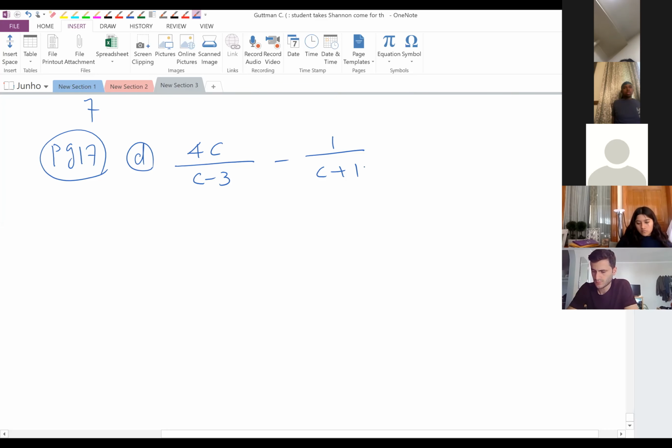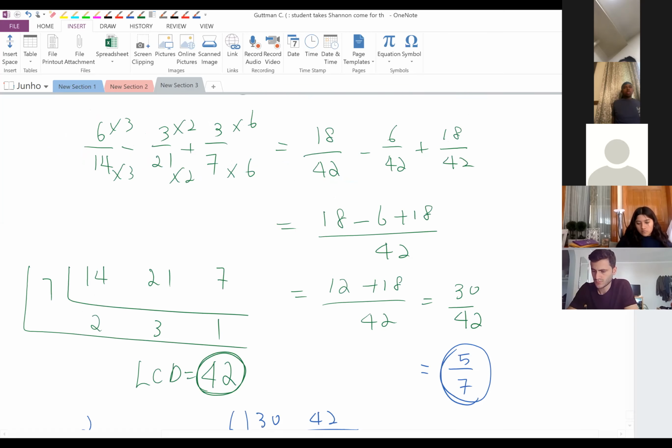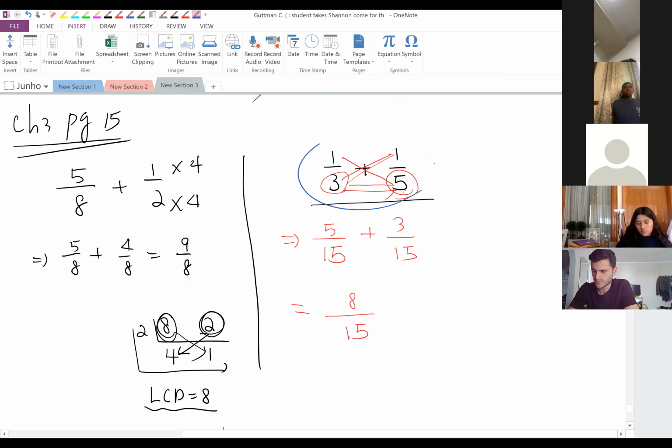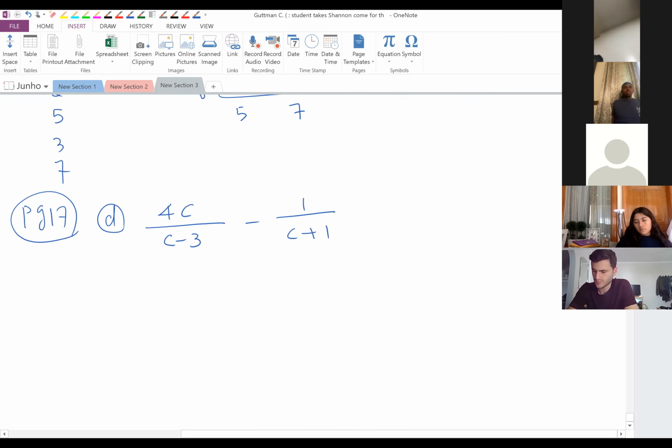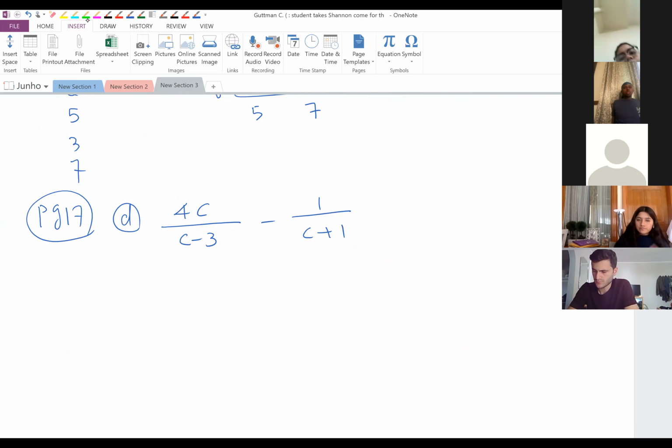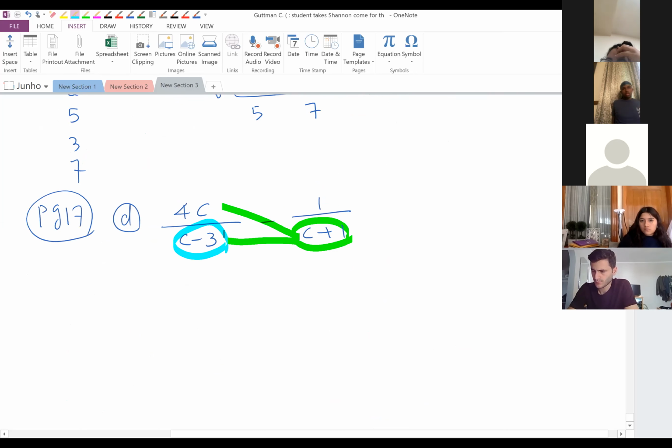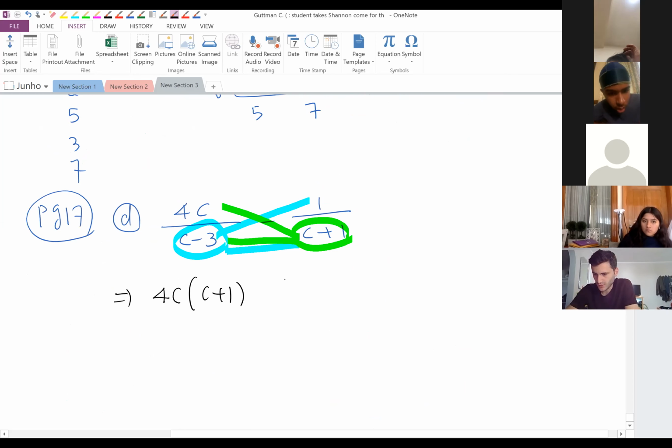No common factors, right? Therefore, it looks like this problem basically. So what I want to do, I'm gonna multiply this to both numerator and denominator, and this C minus 3 to both the numerator and denominator. Okay, then this becomes 4C times C plus 1 minus 1 times C minus 3